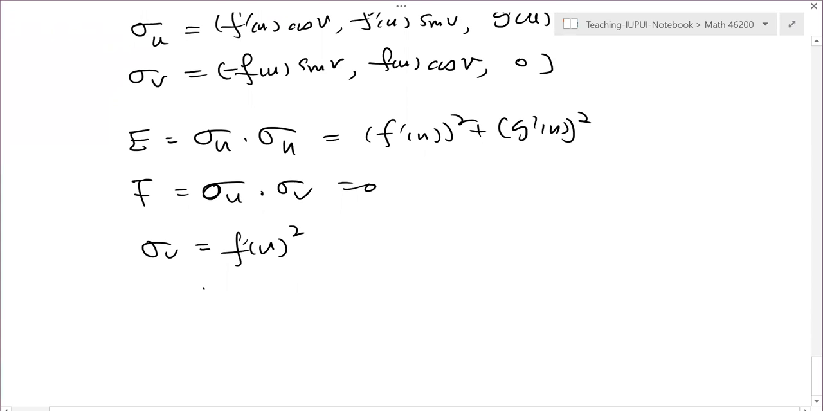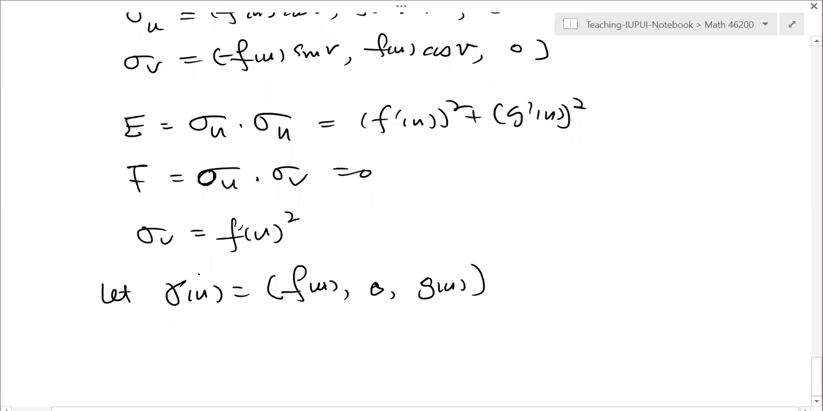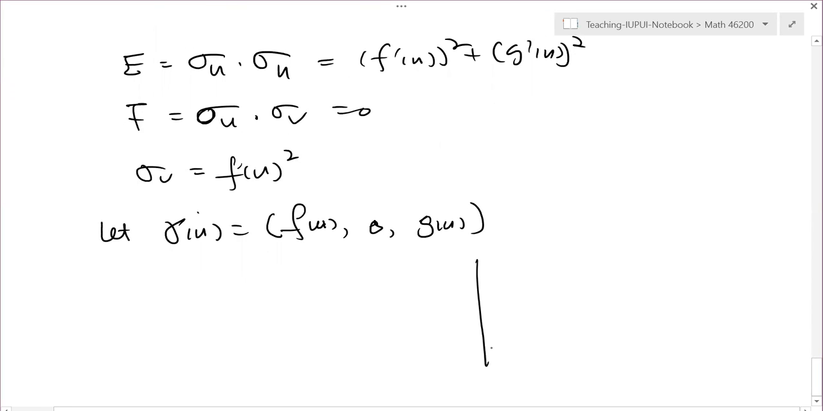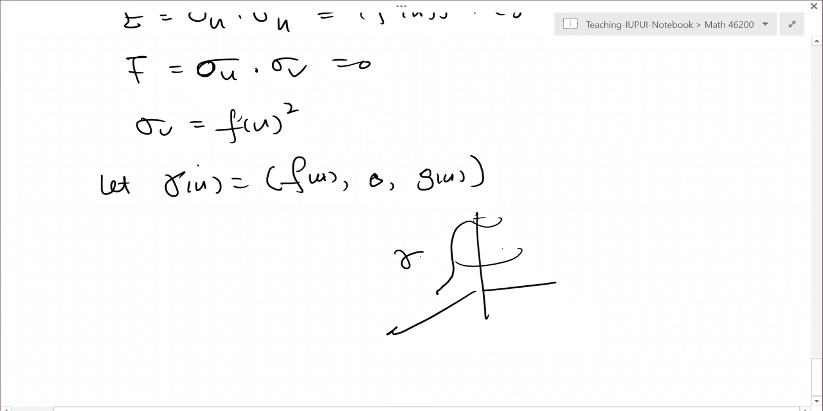Now, if we generate the surface of revolution using a curve, let gamma of u be the curve, that is, the curve is f of u and g of u. So this is a curve, gamma. If we assume that this is the curve we use to generate the surface of revolution,